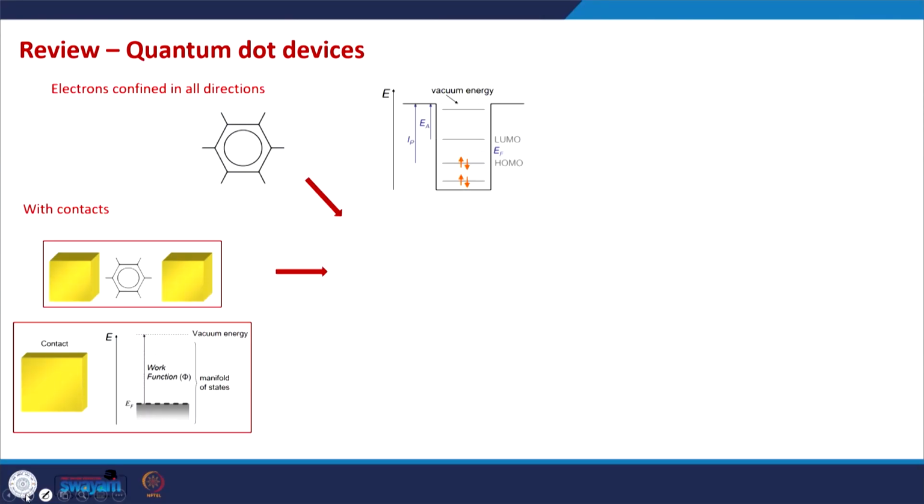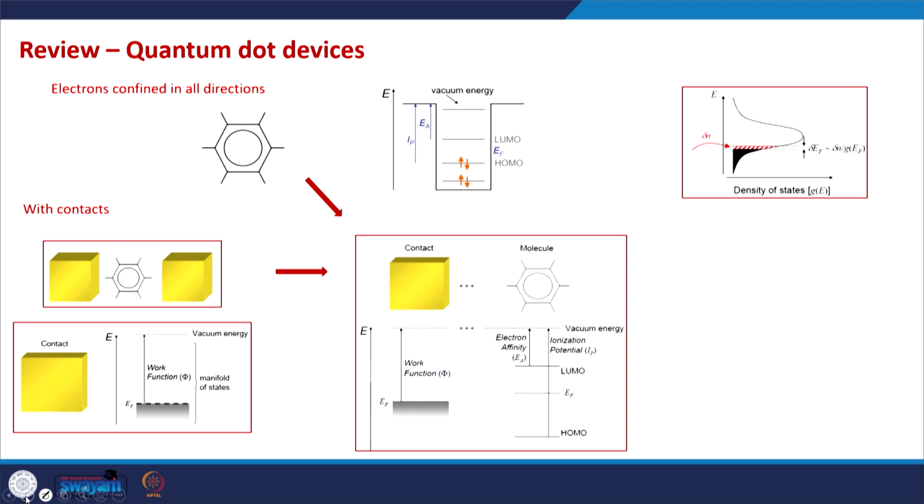What we have seen so far is that in quantum dot devices, the channel part, the active part of the device, is modeled by using molecular orbitals. And we have seen what happens when we put this quantum dot in contact with bulk metal. So when the contacts are of bulk metal and we have a quantum dot in between, then in equilibrium, the change in the Fermi level happens because of two processes.